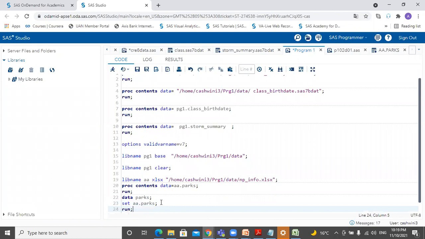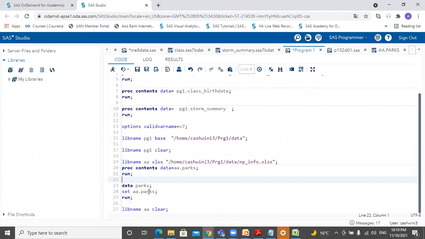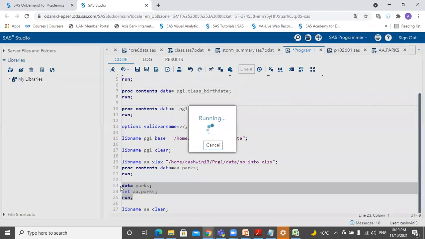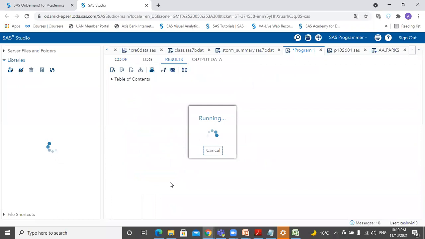So what I'm doing here, now I'm reading an Excel as an input data file and I'm creating a SAS file. Now I'm not referring to any table with a preceding work name, so it will by default be saved into my temporary library. So it will be by default saving into the work library.